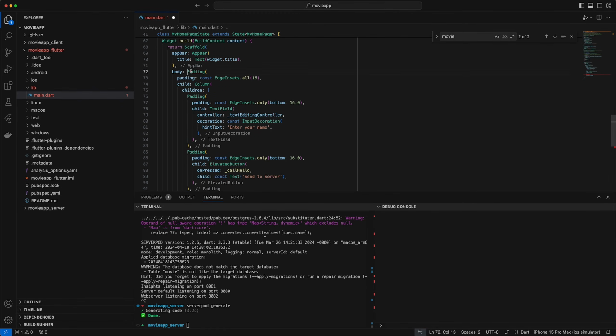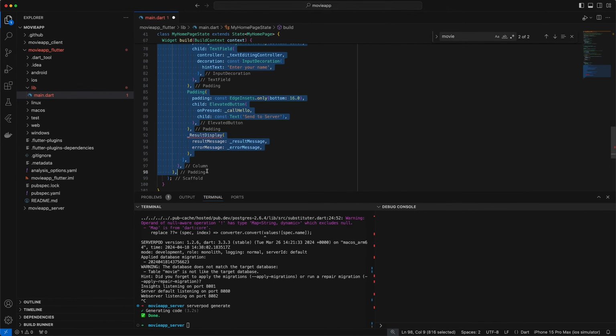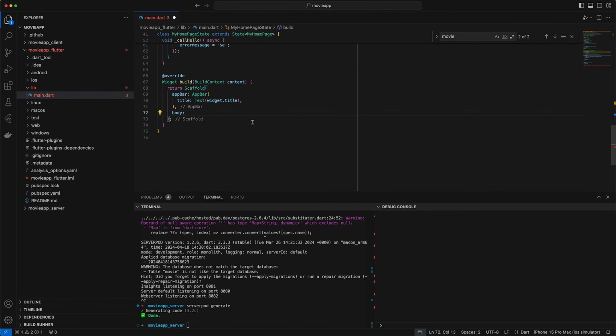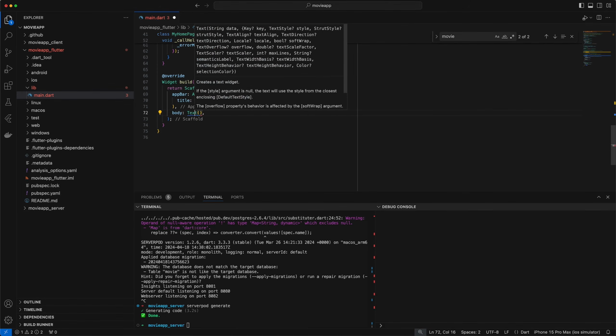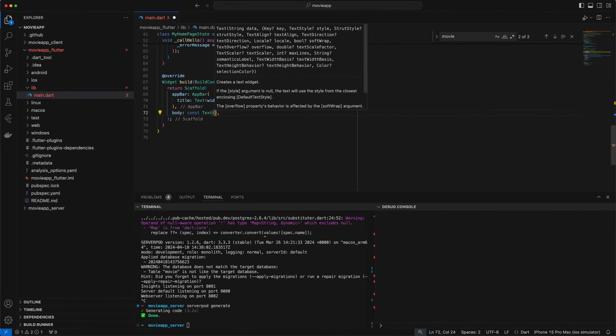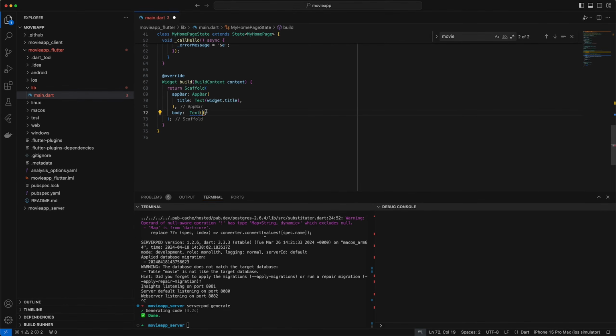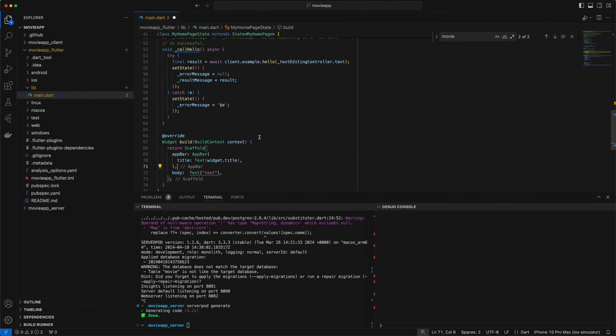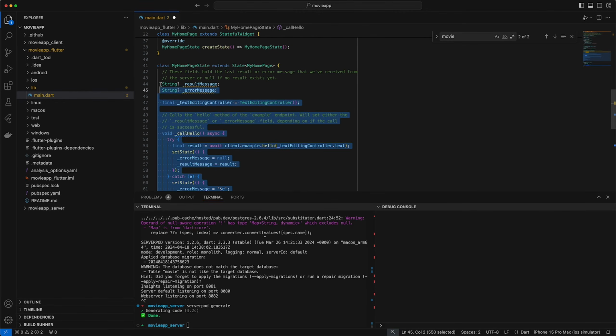Let's just have a scaffold. I'll get rid of basically this, and for now, let's just put some text, and I'll just do maybe not const. Let's just do text test, and what we want to do here is, again, get rid of some things, but